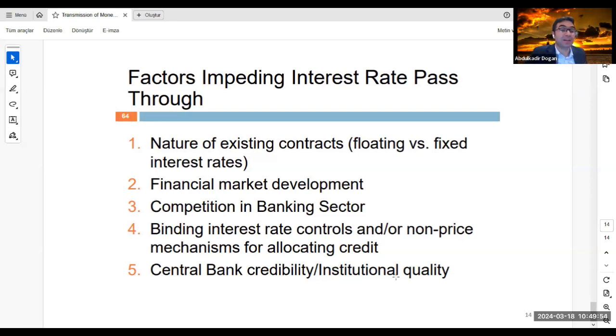And the central bank credibility. Central bank credibility is everything. This can affect everything. So the Federal Reserve or European Central Bank are really credible central banks all around. Whatever they say, they will always support those policies and they will change their policy credibly by decreasing inflation and with forward guidance, just with words. They don't even use the mechanism or the instrument. Because they have a credible central bank, just by saying it in the monetary policy committee, without changing anything, they can affect